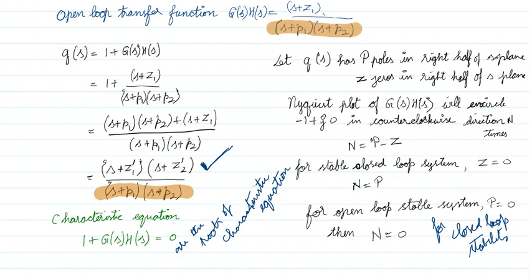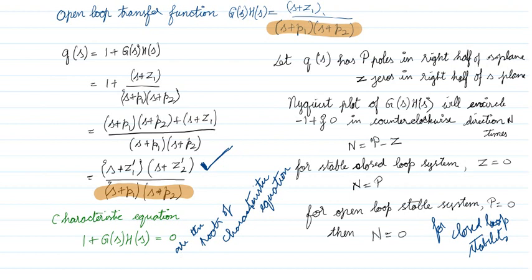Again I quickly consolidate. This is my open loop transfer function. This is my q of s. Q of s is 1 plus g of s h of s. I got this expression. If you observe these two very closely, poles of g of s h of s is equal to poles of q of s. Next, the characteristic equation, I equate it to 0. Equated to 0 means only this term will be there, the denominator will go to the right side and vanish. So I can say this term, that is the zeros of q of s, are the roots of the characteristic equation. This blue tick mark and the roots of the characteristic equation are the same.